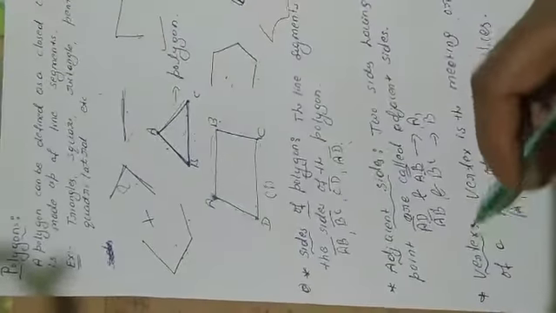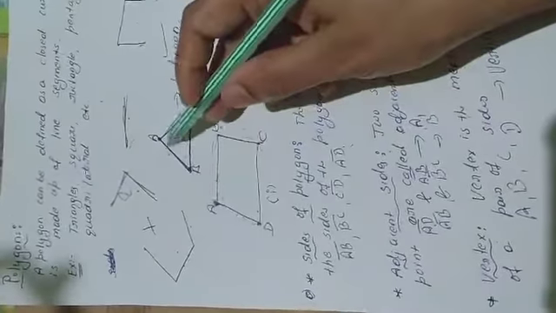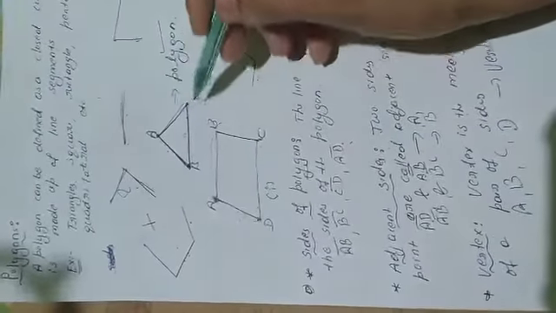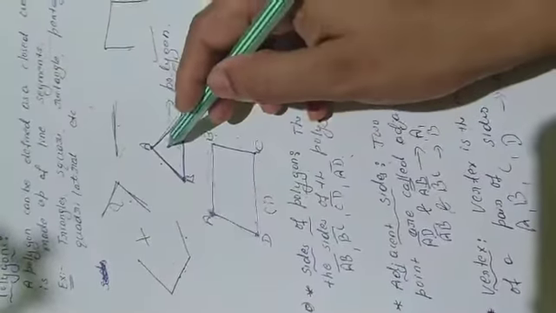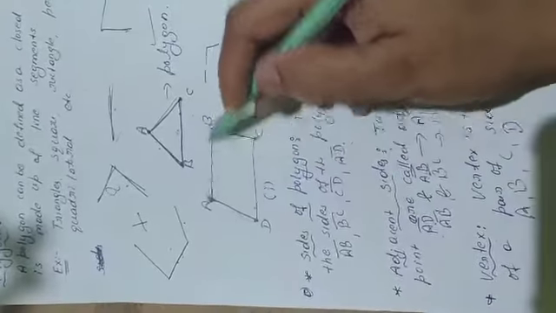Single means we call it a vertex. So A, B, C, D. And here, see, A, B, C: A and B and C are the vertices of the triangle, and these are the vertices of this polygon A, B, C, D. Okay. So now